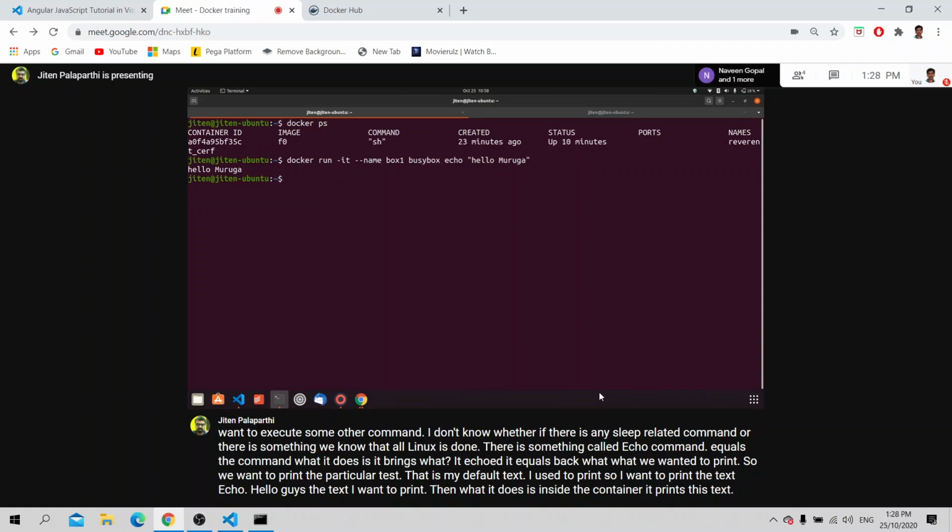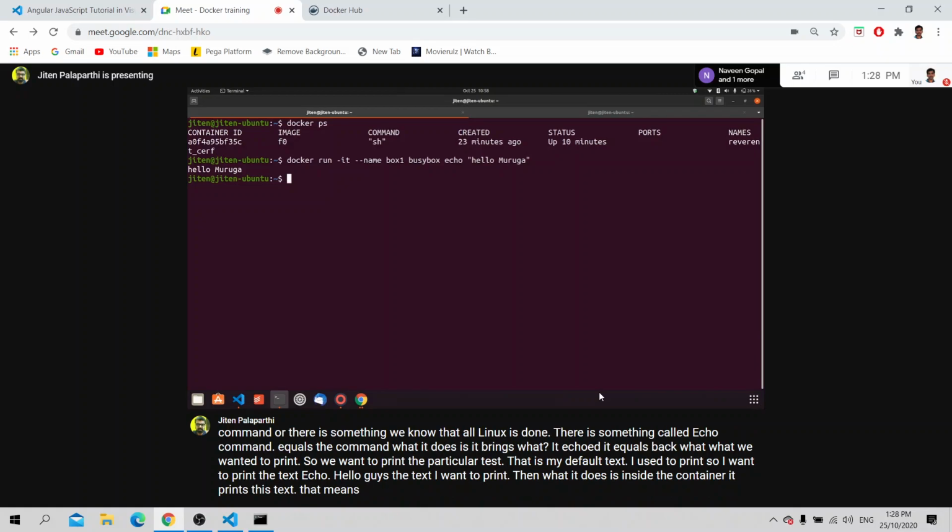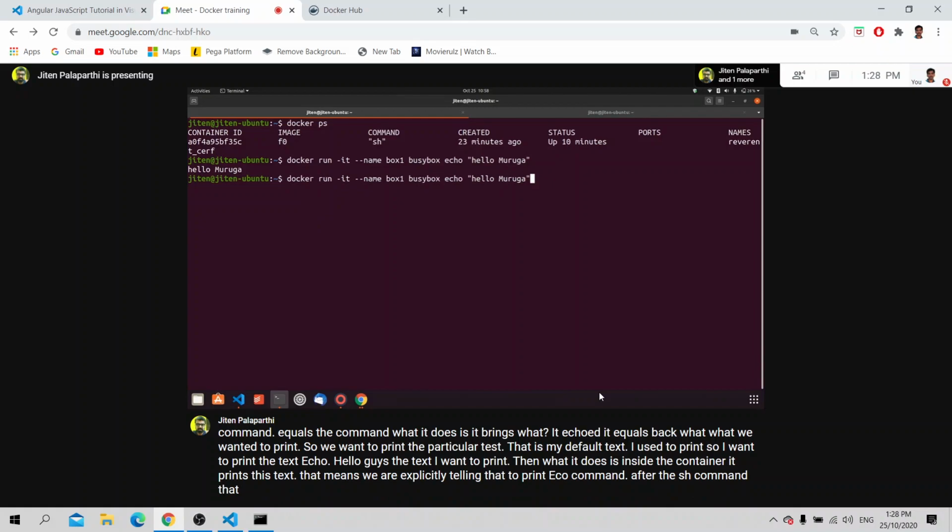That means we are explicitly telling it to run the echo command after the sh command. In general it does like this, but sh is already a default command.